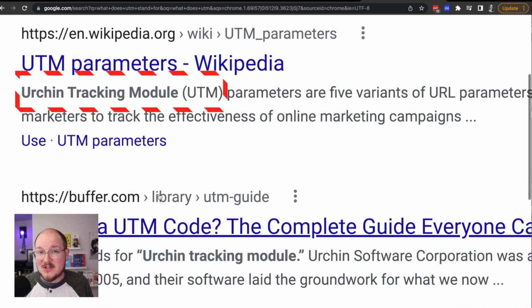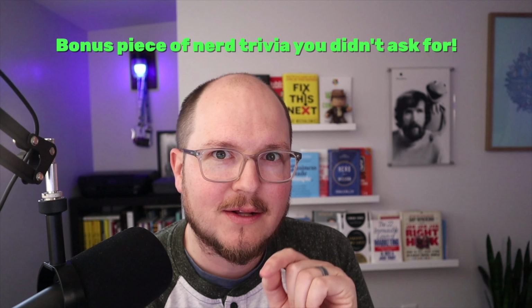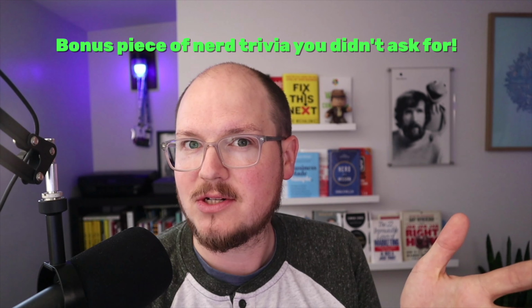What does UTM stand for? Oh, I was totally wrong. That's right. Before Google Analytics was Google Analytics, it was actually called Urchin. That's neither here nor there. You can use Urchin tracking modules. I still think Universal Tracking Metrics is a little bit better, but you can use these to track where traffic